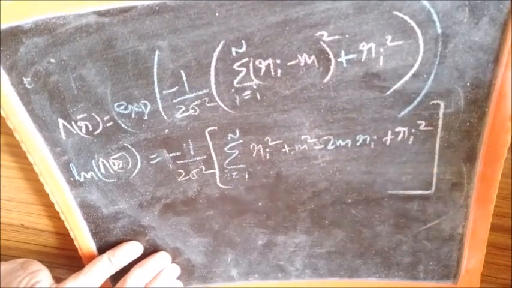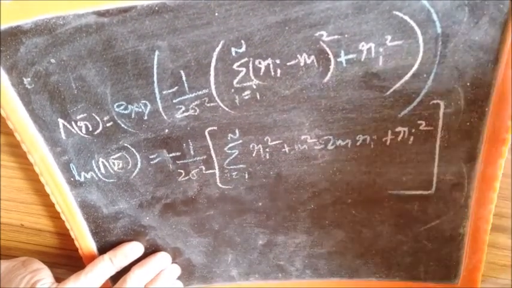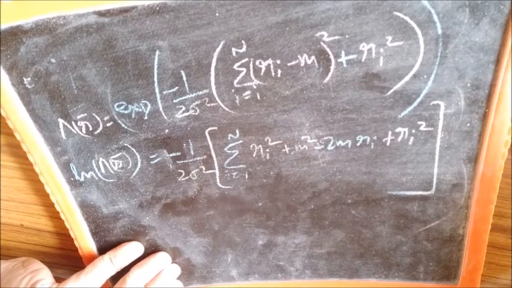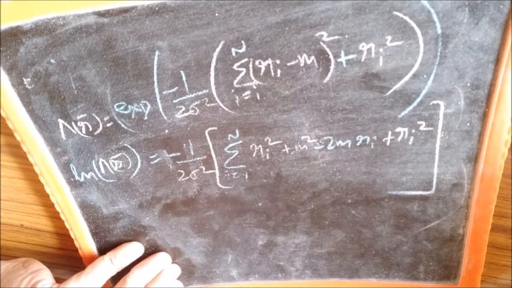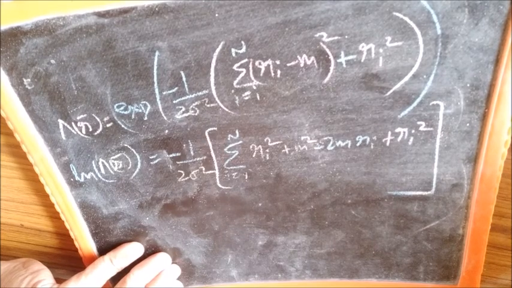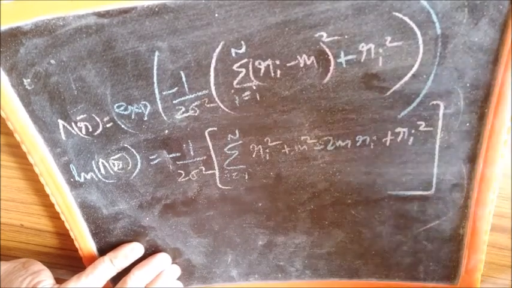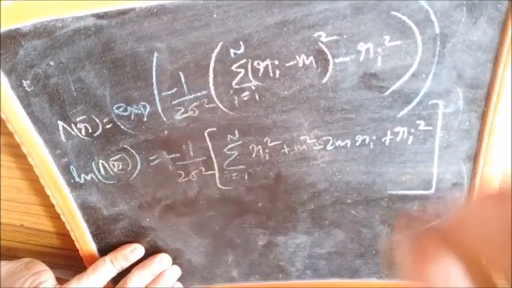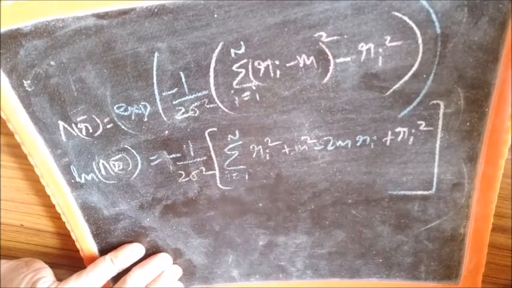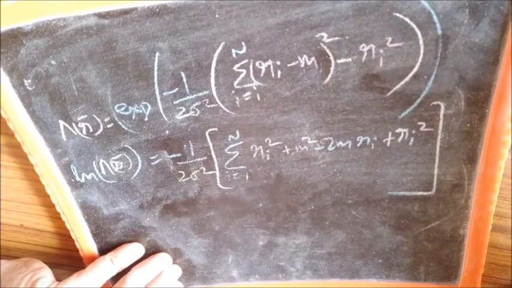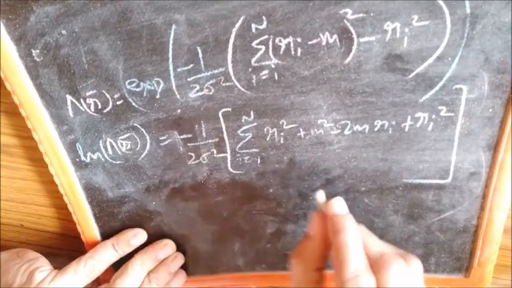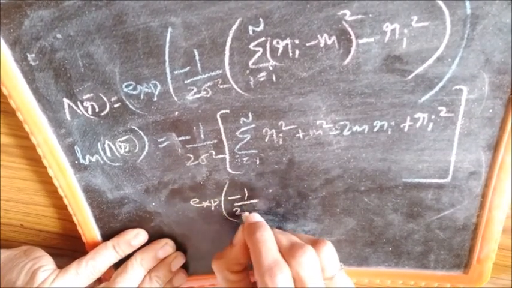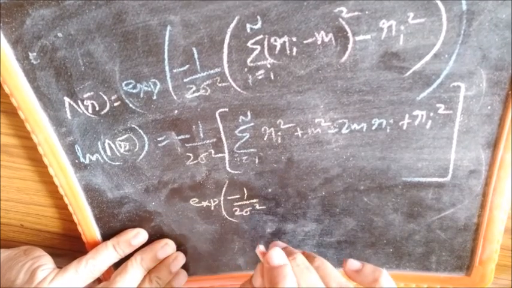And that step is self-explanatory, and consequently, due to this step, we will have, rather there is one small correction which I may be permitted to do here, because I brought e power minus 1 by 2 sigma square. So maybe I will write it here, what is the mistake I made, so that it's easier for you to follow, because otherwise it may be a bit confusing.